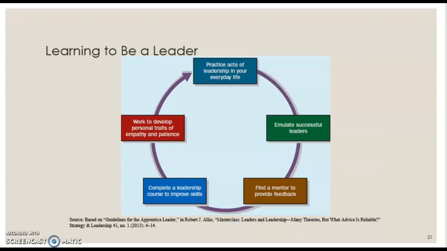Here is a nice way of learning how to be a leader. This is a slide I would suggest you definitely look at. The original slide without a voiceover is in your weekly unit. But look at what you do. You're starting to learn about leadership in leadership courses. You develop traits. Hopefully you already have empathy and patience. I will tell you, if coronavirus has taught us anything, it's taught us that patience and flexibility are critical, not only in leadership, but life. You'll notice also mentors, or identifying the best of the best. All of these are critical parts, which is why we ask you to spend the time looking at that.